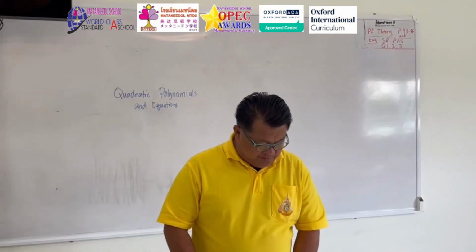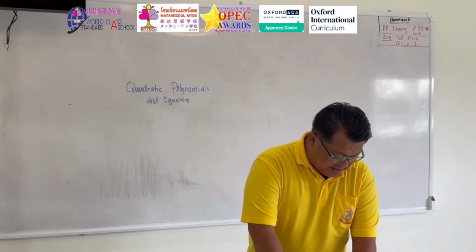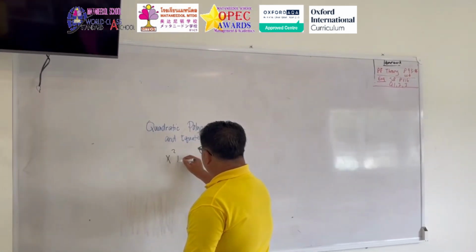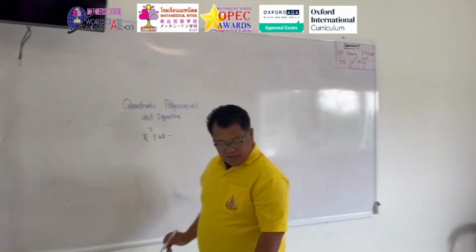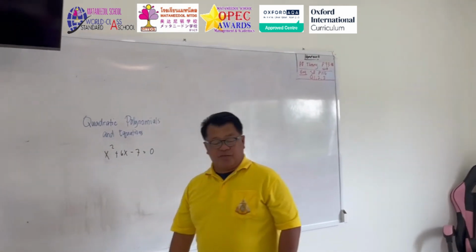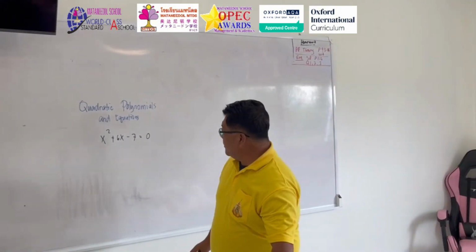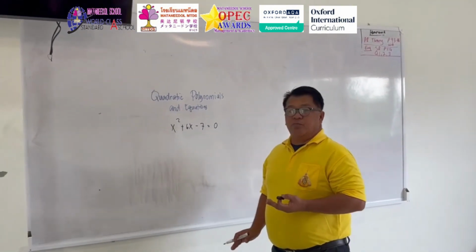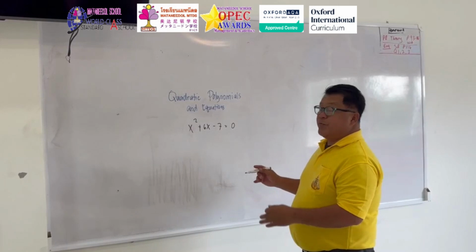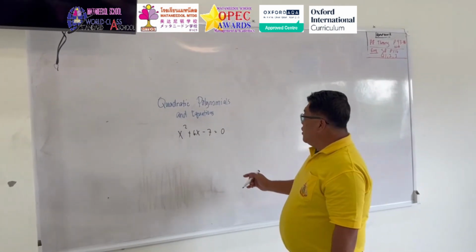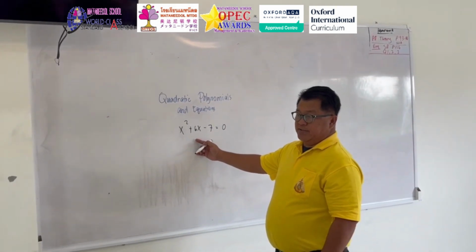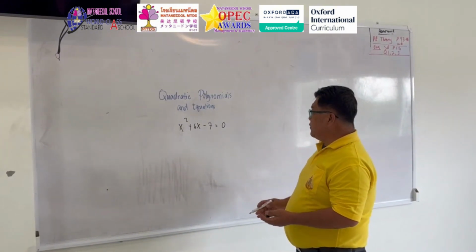Let's say, for example, for the one based in the book, it is x squared plus 6x minus 7 equals 0. First thing is, quadratic can be solved also by means of factorizing. So if we solve this by means of factorizing, we have to find out what are those possible numbers to factor 7, and the result is in the middle, which we have 6x. So what will be the best answer to this one?